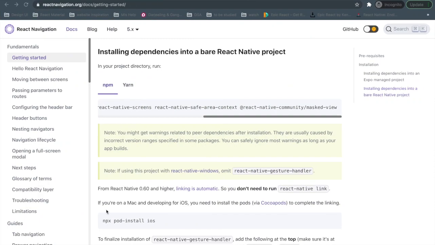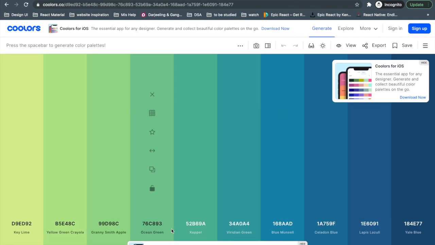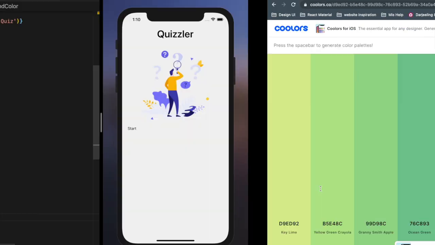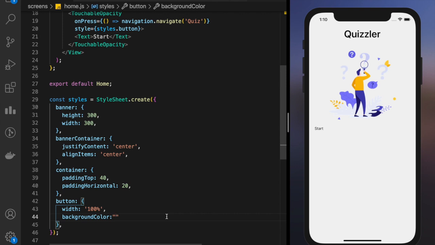Let's give it a background color from this, I don't know where is our color palette. Let's give it a background color of some dark color value, this hex code. Okay, let's copy this hex code and pass it here, hashtag this. So you can see it has a background color. It looks very ugly right now, we'll fix it.